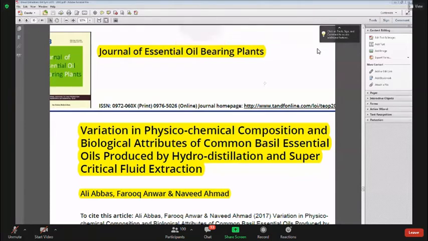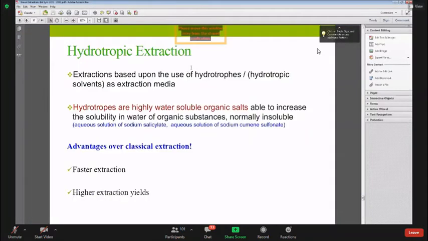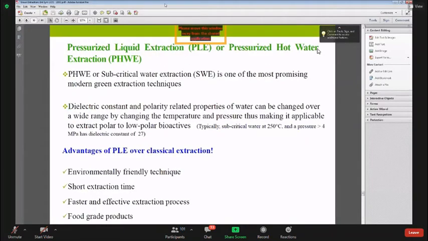Okay, coming to another very important process, which is a recent one. Basically water is a... and when we use the water,